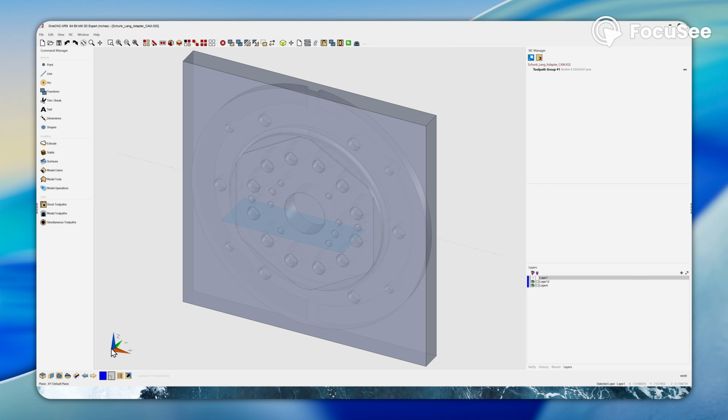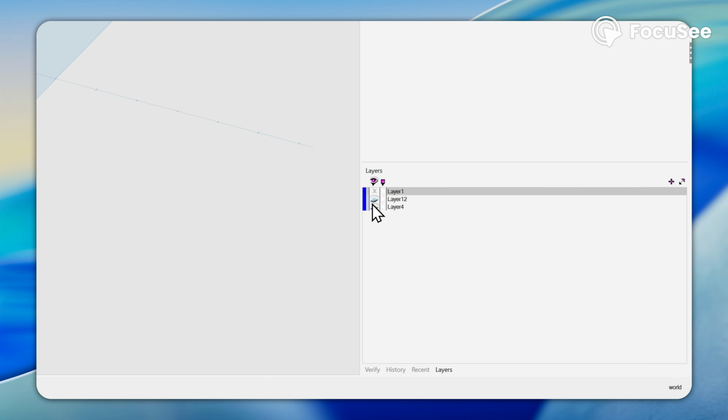You can see the triad here. This is the X direction of the mill, this is the Y direction of the mill, and then this up and down is the Z direction. So the tool would come from above, and you can see over here in the layers, I've got these 3 layers that have popped in, and if I remove these with the eyes, so now they're invisible,